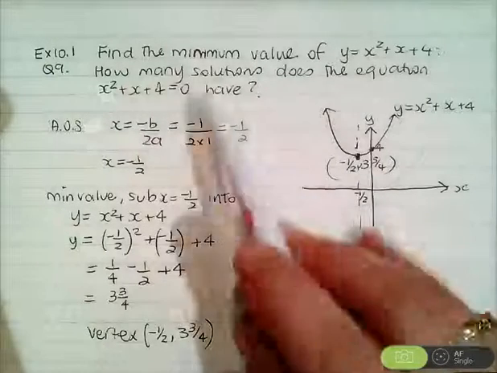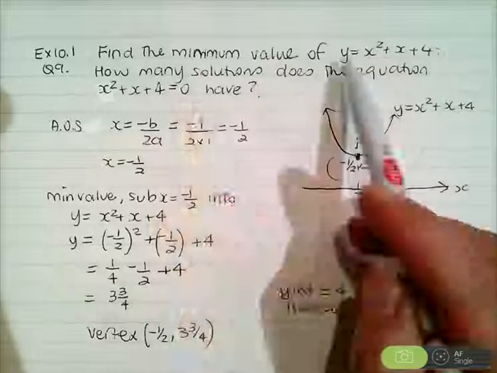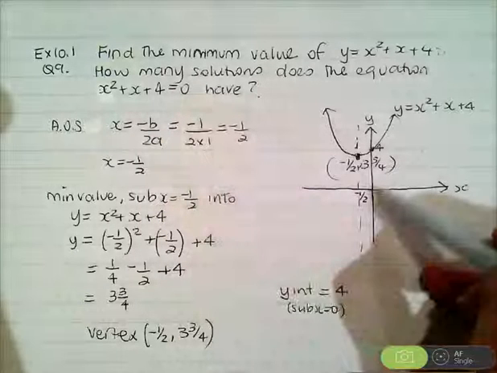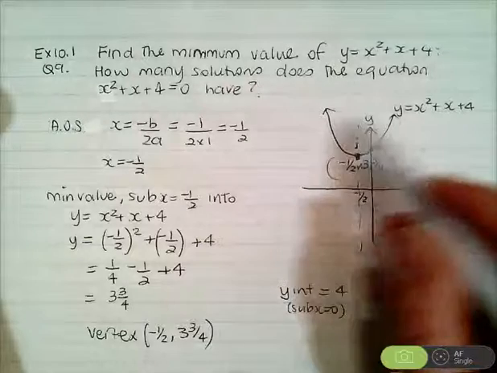Now, when it says how many solutions does the equation have, notice we're replacing the y with a 0 here, and y equals 0 anywhere along the x-axis. So this parabola actually does not